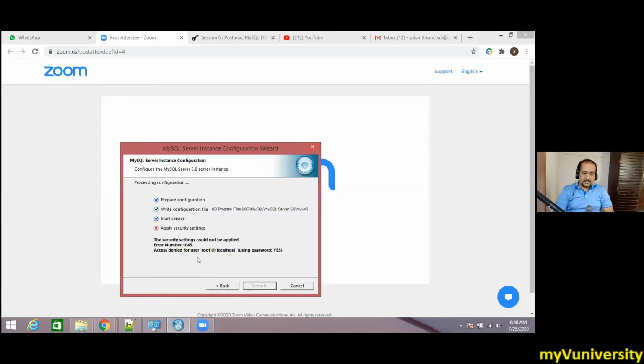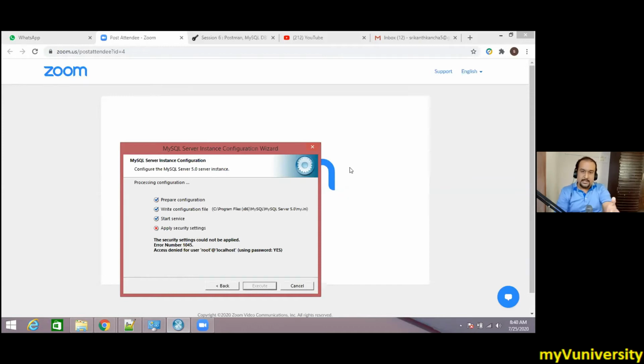Okay, so this is the problem, guys. It tells you that security settings cannot be applied. Access denied for user root@localhost. Now what is the resolution for this? This is definitely because of the old installation footprints which are already on Srikant's machine.